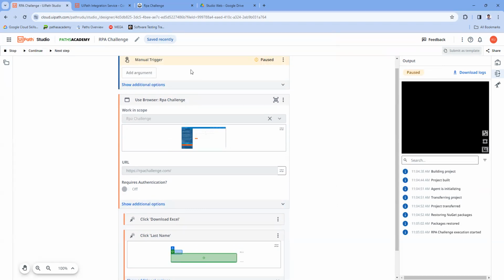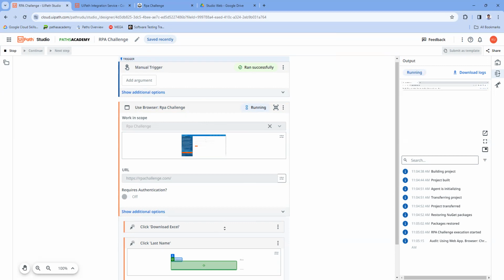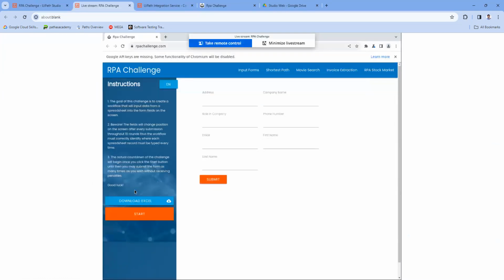So it was in the manual trigger. I'll go to the next step, but it is going to open this browser RPA. I'll click on next step and it will be coming to this download Excel. So now let me expand this. This is the live streaming image instance, the just-in-time instance we are getting in order to execute our process, which is